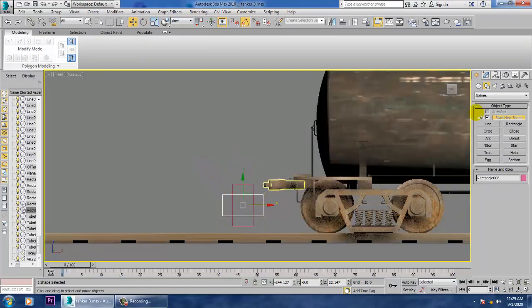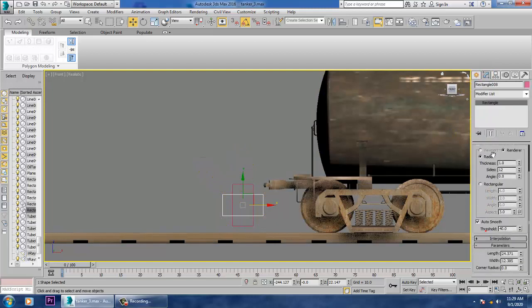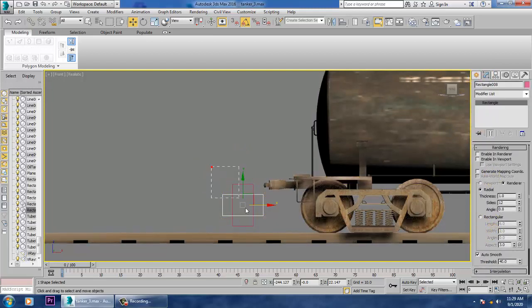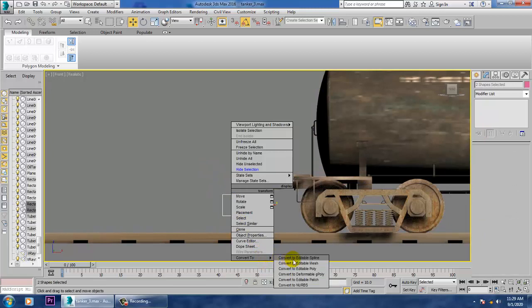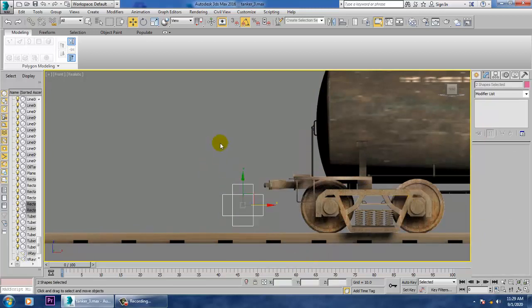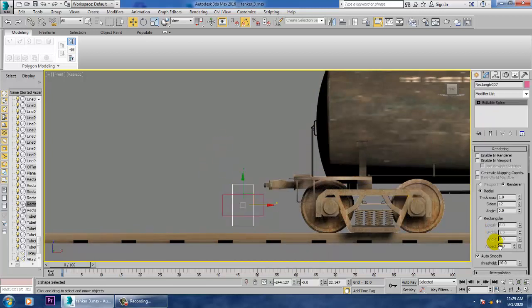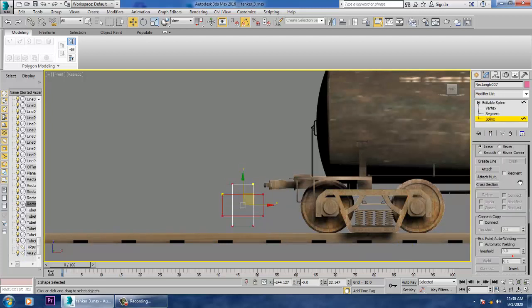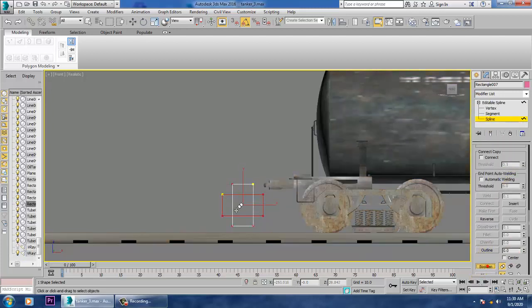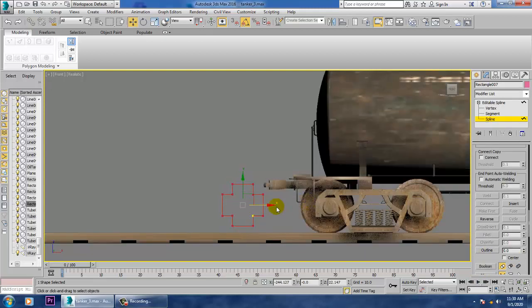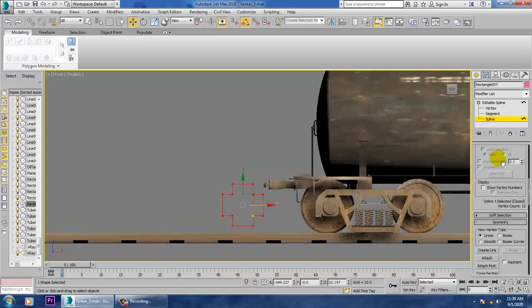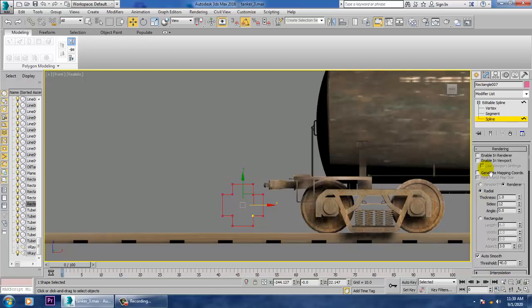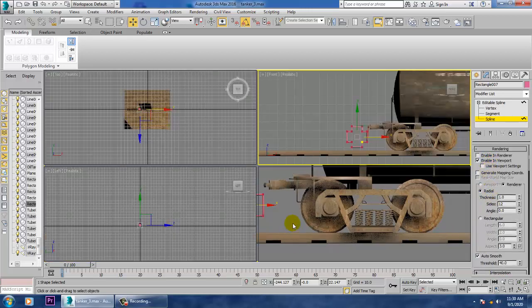Select this, and let's select both, convert to editable spline. Select this first, make sure you attach it with this, and let's go into this spline and use a boolean over here. That's better. So this is a controller, enable in viewport.